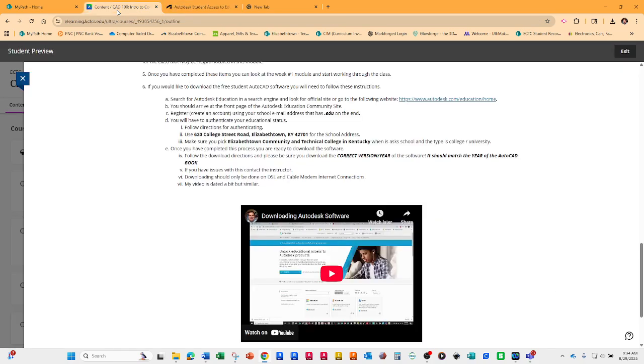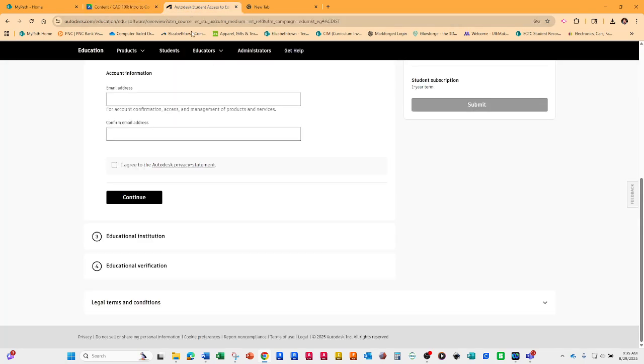Okay, so that's what you're going to use. You're going to use 620 College Street Road for the address that it asks for, because it's asking for the school's address. And once you start typing in 620 College Street, it'll pop up and you can pick the one that's in Elizabethtown, Kentucky 42701, and it should help populate that information.